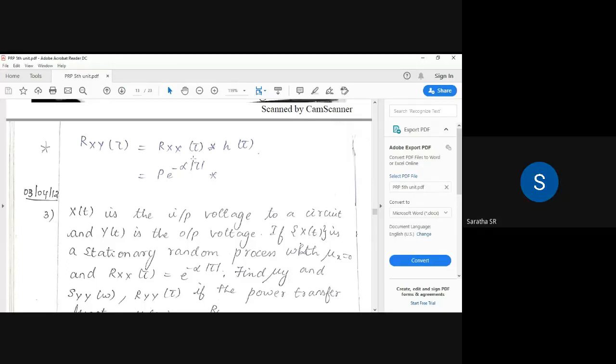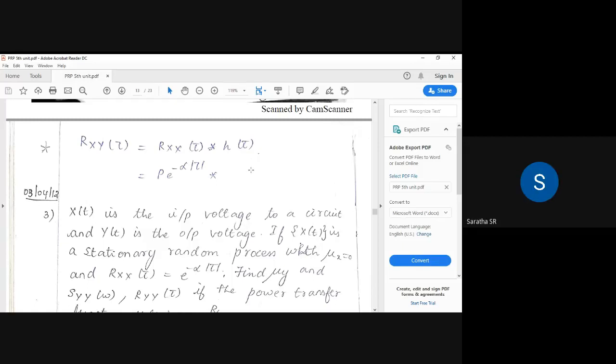So here we have to apply the convolution property, ma'am. Otherwise, I will upload this answer in your Google Classroom. Okay, ma'am. Because we don't have a board, and also she didn't write these notes properly, so I will include this part. Okay, I will do it and upload it in the Google Classroom. Okay, ma'am.